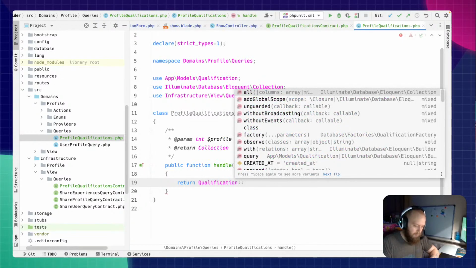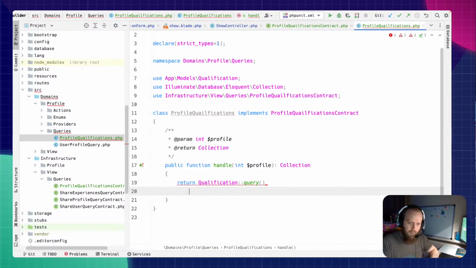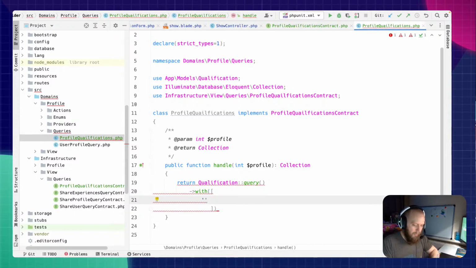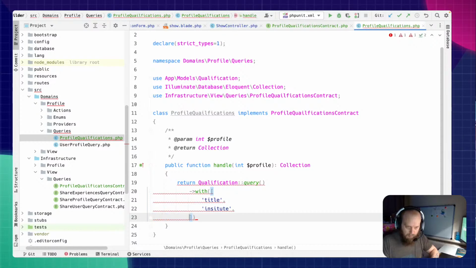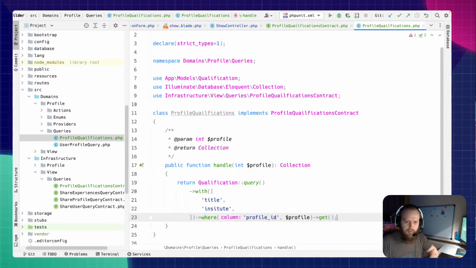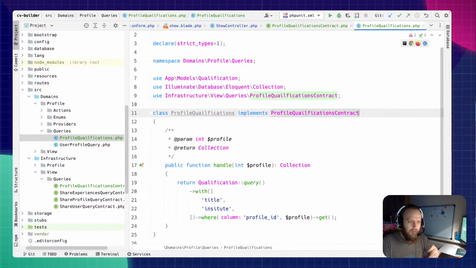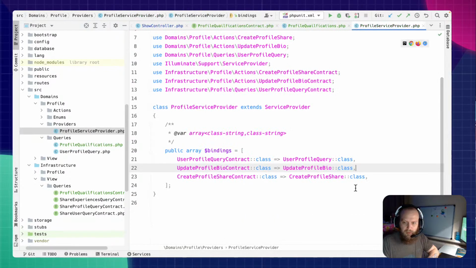Qualification query with, we want the qualification title and institute where the profile ID is profile, and I'm going to get them all. So now I need to come back to my provider, add this as a binding,